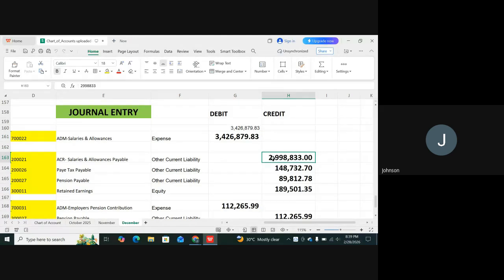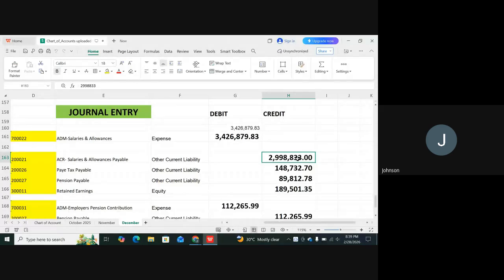However, let's say there are some people who didn't come to work fully for the month. Some came late. There are certain deductions that you've done. So most of those deductions, naturally, your net salary that's supposed to go to them is this